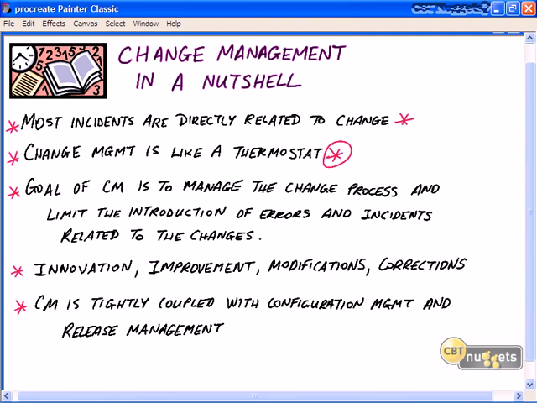So obviously the goal of change management is to manage the change process. And this can be any change or modification that's made for a wide variety of reasons. Changes to the IP addressing scheme, rolling out a new hardware solution, going from a Windows server environment to a Linux server environment, or upgrading from Windows 2000 to Windows 2003, or Windows 2003 to Vista. Replacing, upgrading, and in this process of making changes, we want to limit the introduction of errors and incidents related